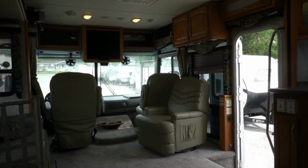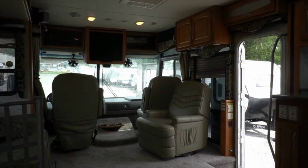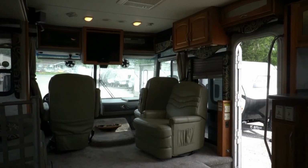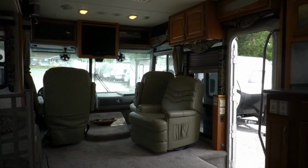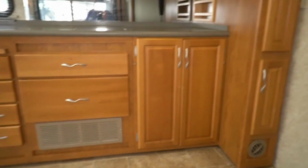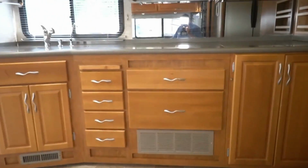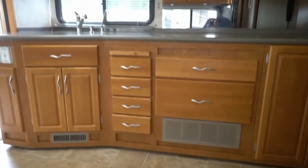21 nights of free camping, up to 7 nights at a time at select RV resorts nationwide, to be used in a 12-month period. Also included is your legal drive-out tag, and your RV starter kit with all your essentials: new sewer hose, water hose, pressure reducer, chemicals, adapters, and more. That's included. Nationwide deliveries available, and yes, even though this is a 2003, we still have financing available with approved